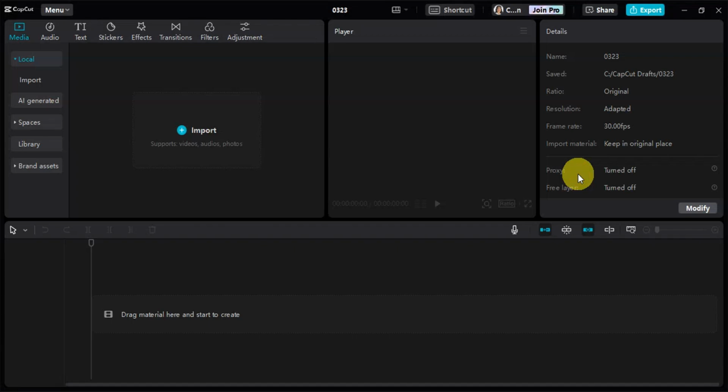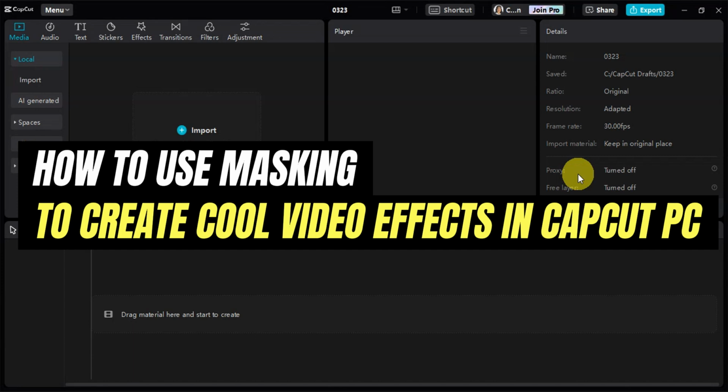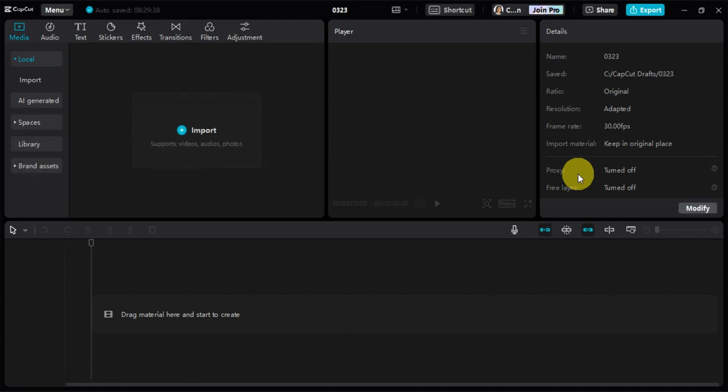In today's video, we'll learn how to use masking to create cool video effects in CapCut PC. And for us to be able to get started, just open CapCut on your device. And once you're already in, it's time to add the videos that you want to add